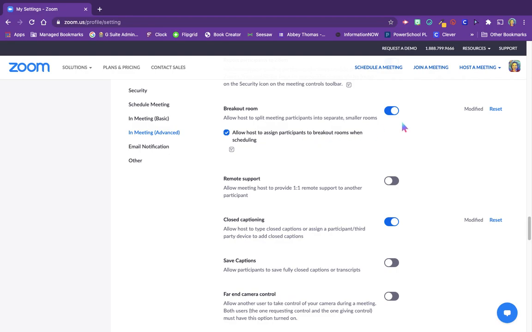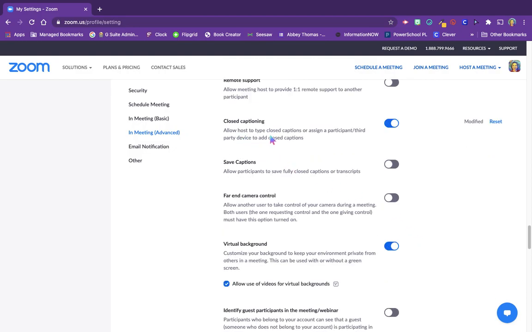But that will only be available to you as a host if this is toggled on. Now you can do this at random. Zoom can randomly assign people to rooms, or you can assign participants on your own when you're scheduling the meeting to begin with. You can also turn on closed captioning, and